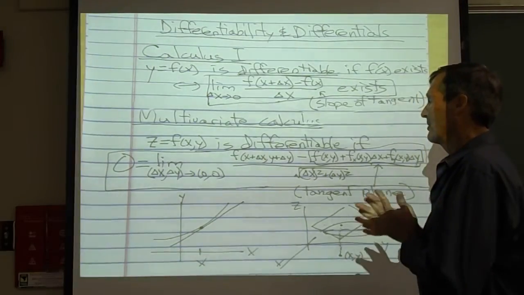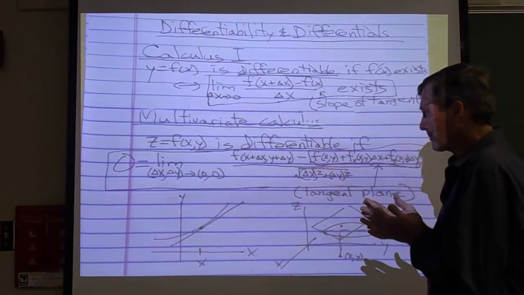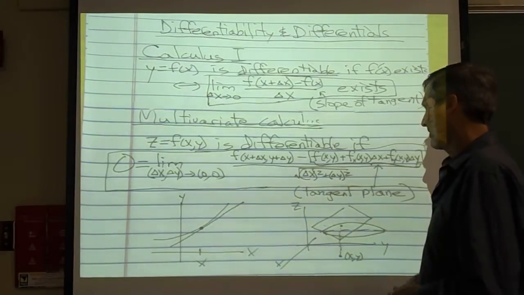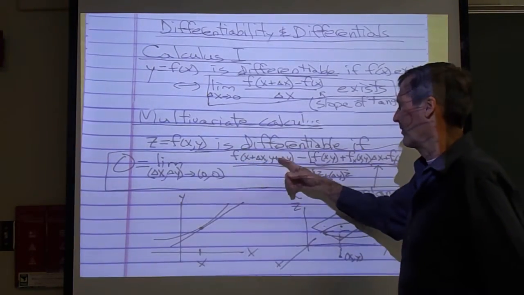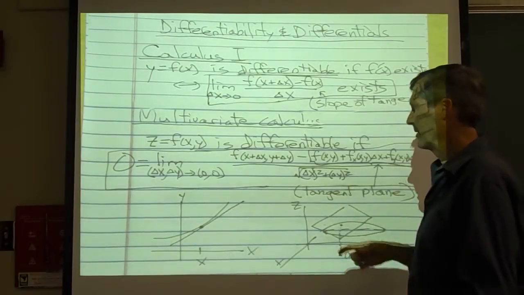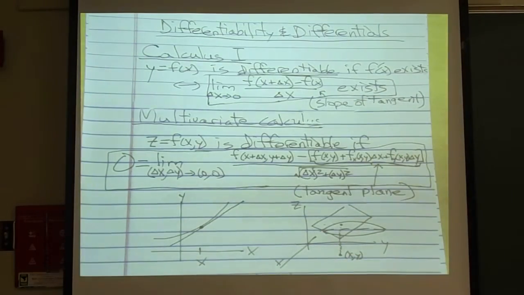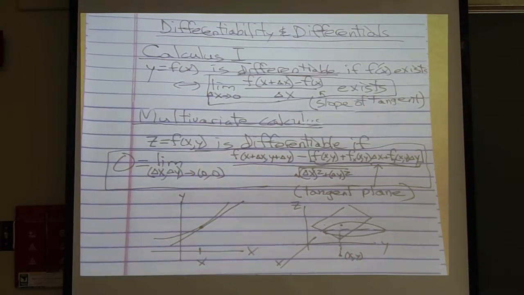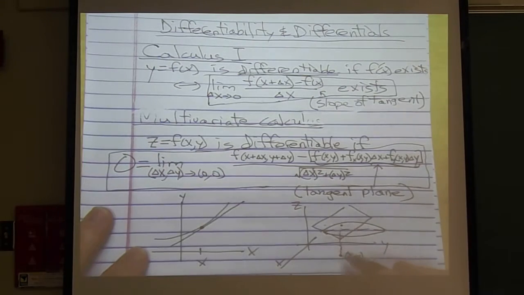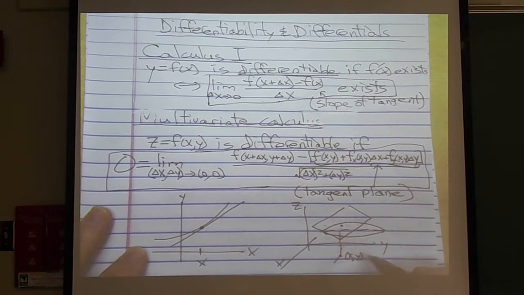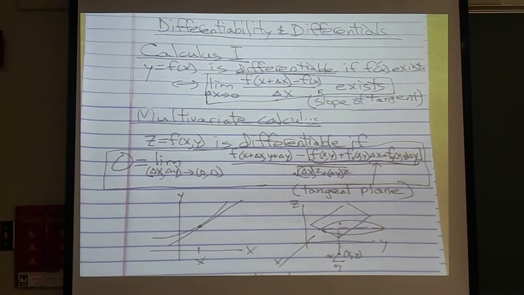Now, how shall we say a function of 2 variables is differentiable? Well, it makes sense like this. This is kind of a klutzy definition. You don't have to memorize this. I just want you to get the idea. This is f at some point x, y, where you go out, maybe I should draw this on here, from x, y to another point, x plus delta x, y plus delta y, make an increment in both of those variables, and if the value